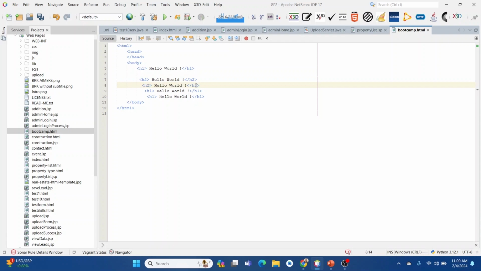and you can do the same code in Notepad also. There is no requirement of using any IDE or all those things, and it doesn't require any server. HTML pages you can access directly. Sorry, h3, let's say h4 and h5,